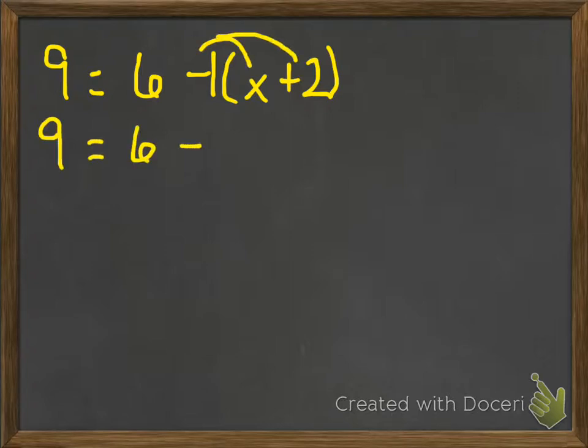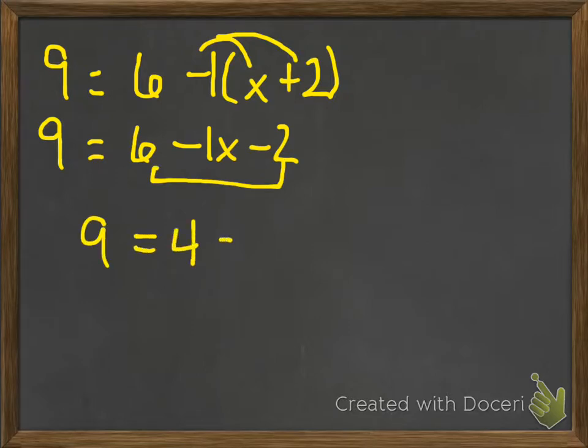That will give me 9 is equal to 6 minus 1x minus 2. Combine your like terms. This time we're going to combine the 6 and the minus 2 to get a 4. So now we have 4 minus 1x, and just as you saw in the one-step equations, that 4 can be read as a plus, and we're going to subtract that 4. The negative, or the minus, goes with the 1 that's with the x, so that's a negative 1 times x. So subtract,